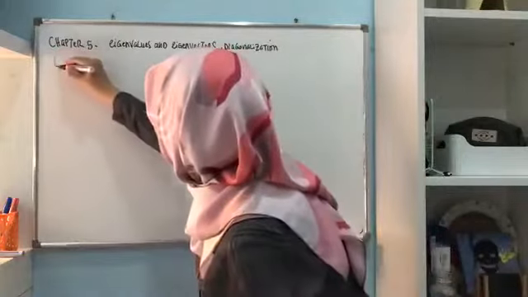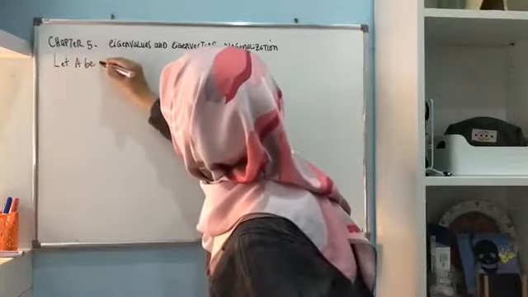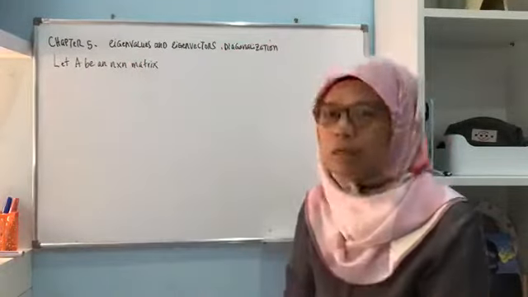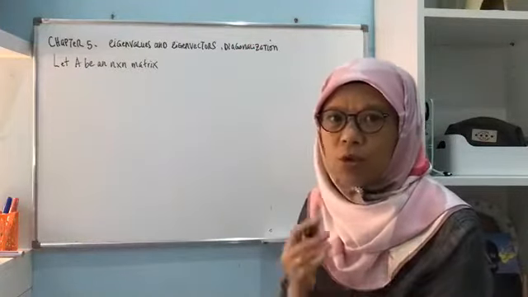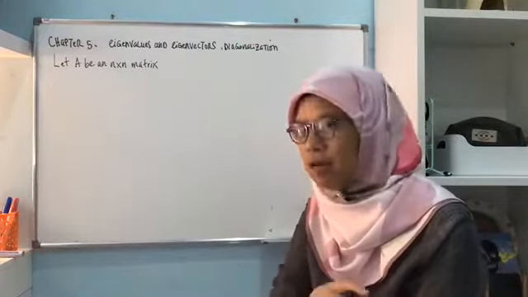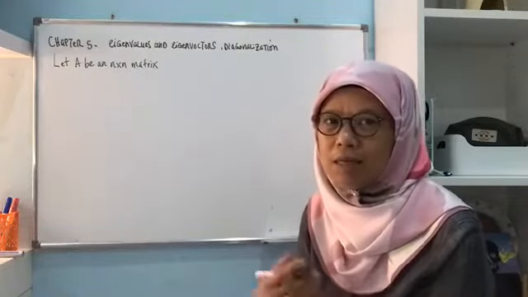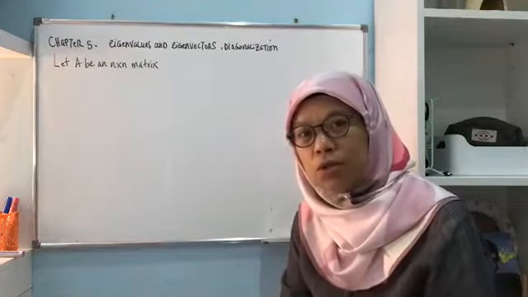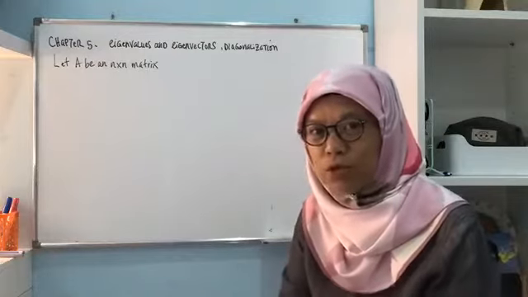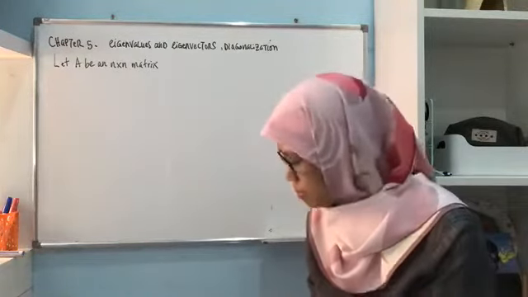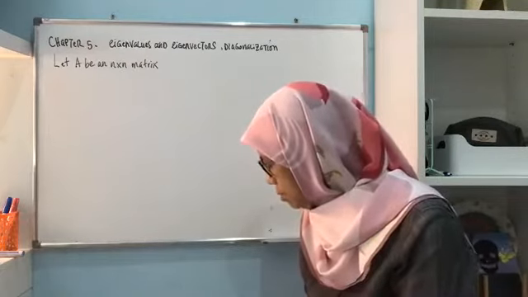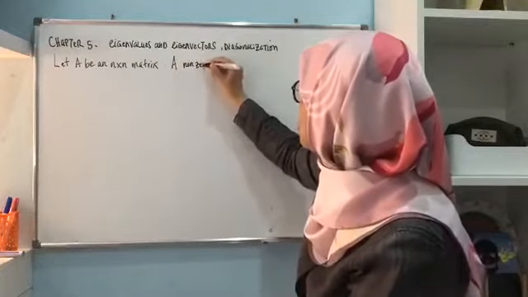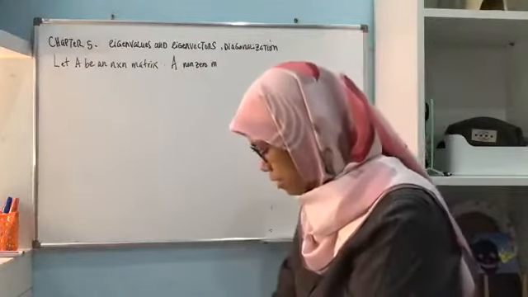Okay, so in this chapter, we are only dealing with the square matrix, n by n. You will never see m by n unless m is n. So let A be an n by n matrix. Why? Because you will have to find the determinant. So we go back to chapter 1, finding the determinant. Let A be an n by n matrix, and a non-zero vector